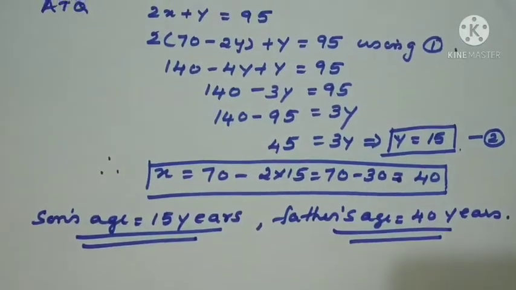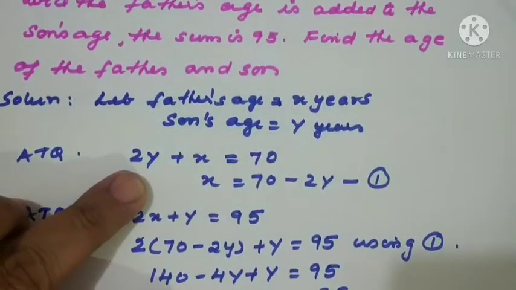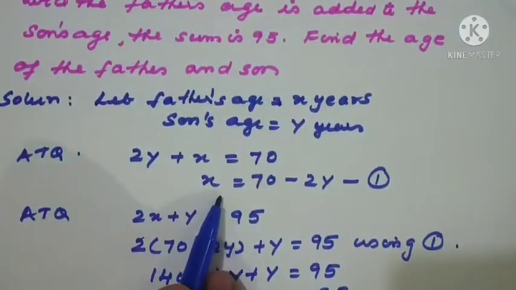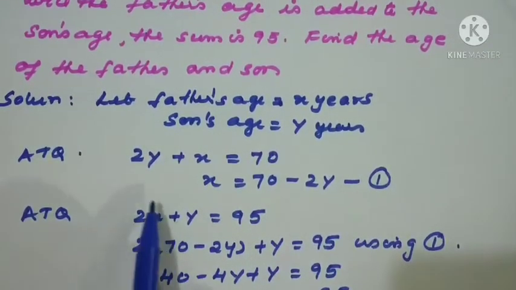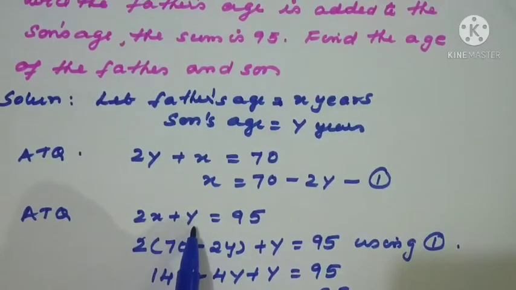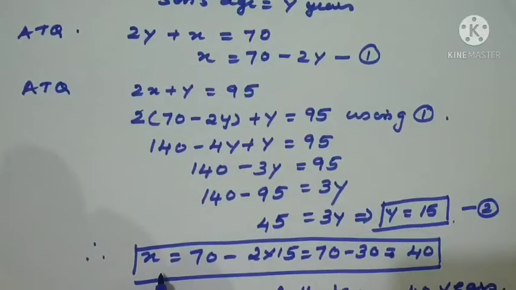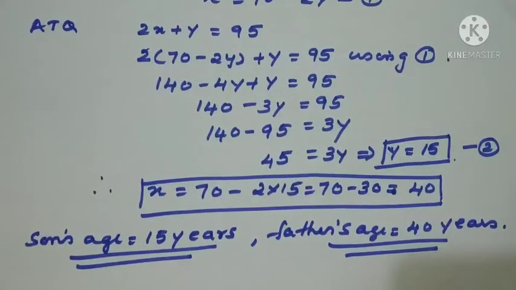So the important step is forming the equation only. After that you can do it easily. According to the question, 2 times the son's age is added to father's age. So we decided what is x and y, and we have solved for one variable, x equal to 70 minus 2y. Second equation, what they are telling, twice the father's age. So it is changed now, 2x added to son's age, y equal to 95. Again we can solve for y. So y equal to 15 means the son's age we got. Similarly we can calculate the father's age. Since it's a word problem, we should conclude the answer like this. Father's age equal to 40 years and son's age is equal to 15 years.